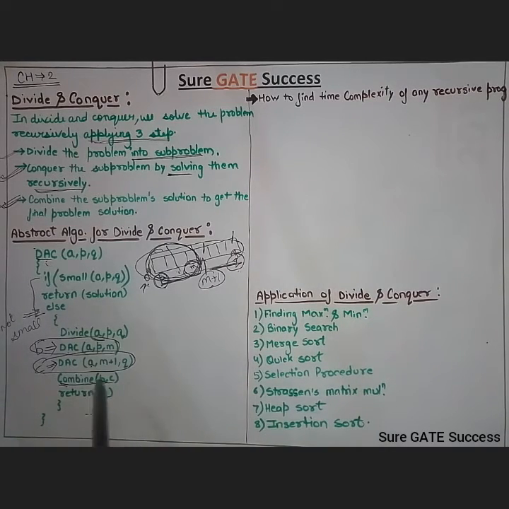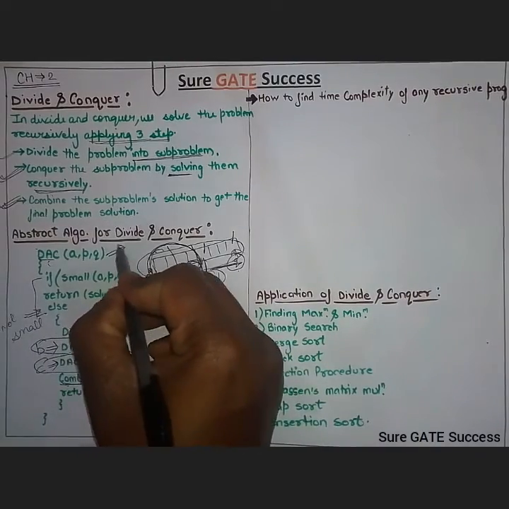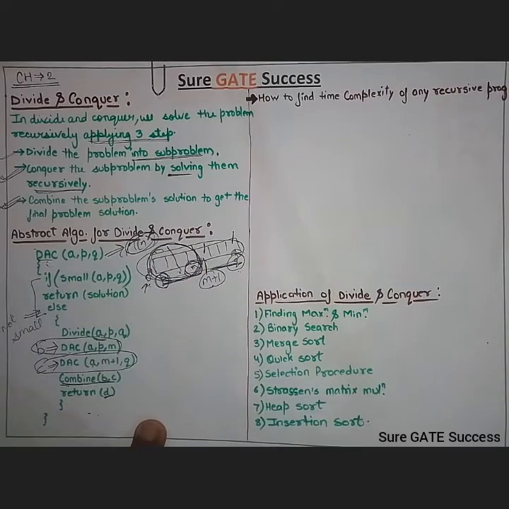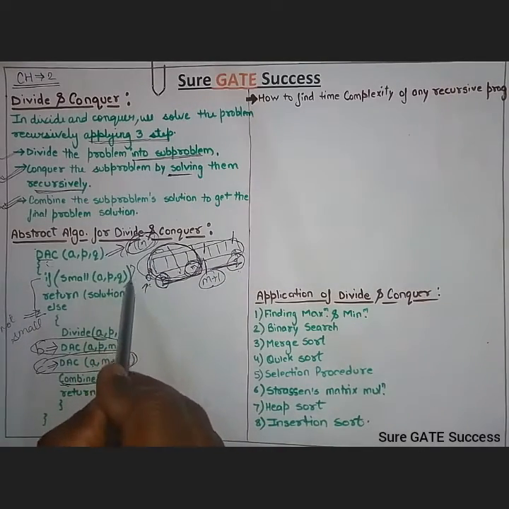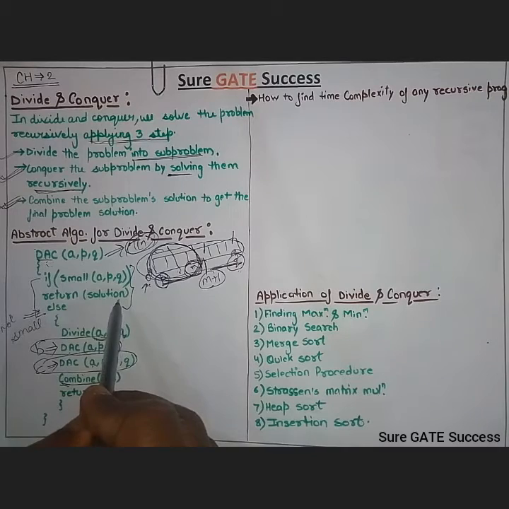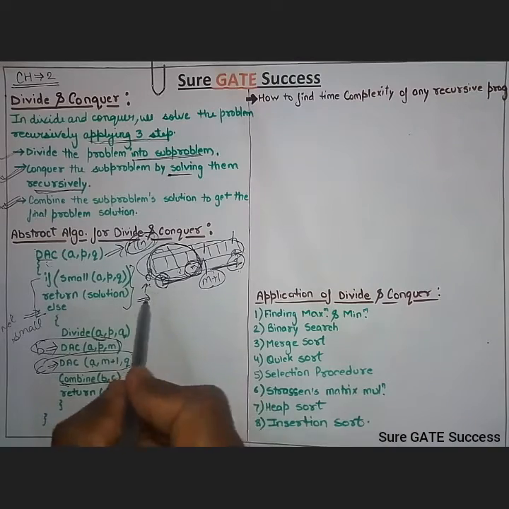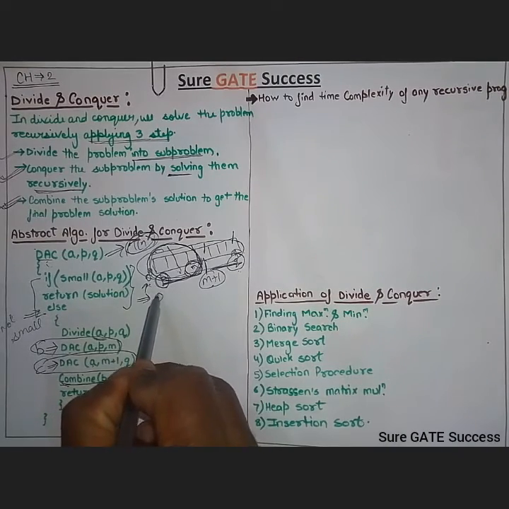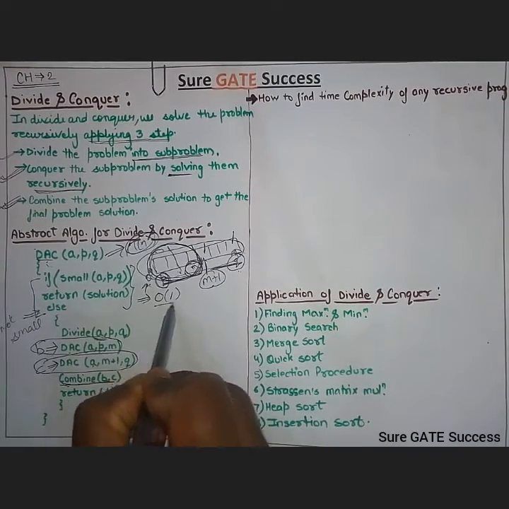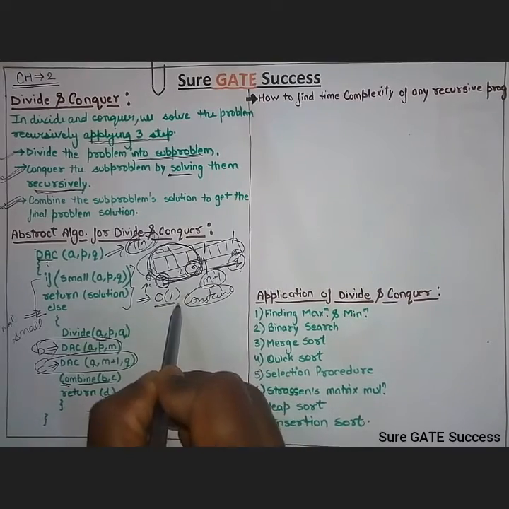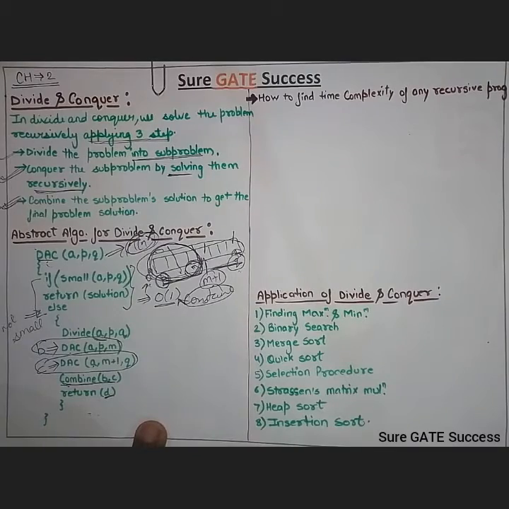If we have to find out the time complexity of this, this problem will be taken as Tn. What I have told you is that it is a small problem, and it can be solved directly. That means we will not be wasting any time in this. So what will be the time taken here? Order of 1, or we can say constant. Constant we represent by order of 1.